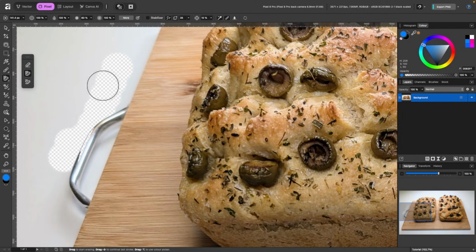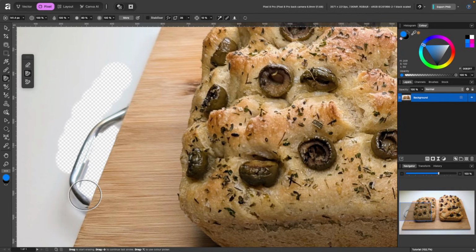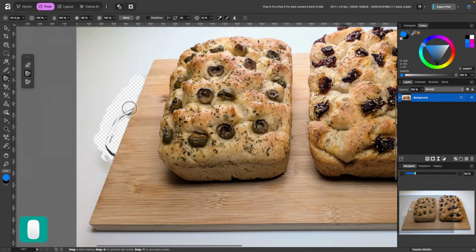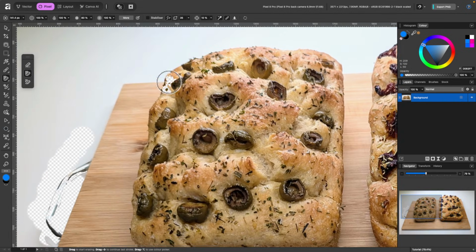Okay, it didn't do a great job there. I'll press Command Z and go in. And you see, as I go over this area, it's sampling continuously, so it probably doesn't realize that the lightest part of that is not part of the background. So change the settings up here to suit your needs. But for the rest of the image, this is not what I would use. I wouldn't use sample continuously here, but you can see what those options do.